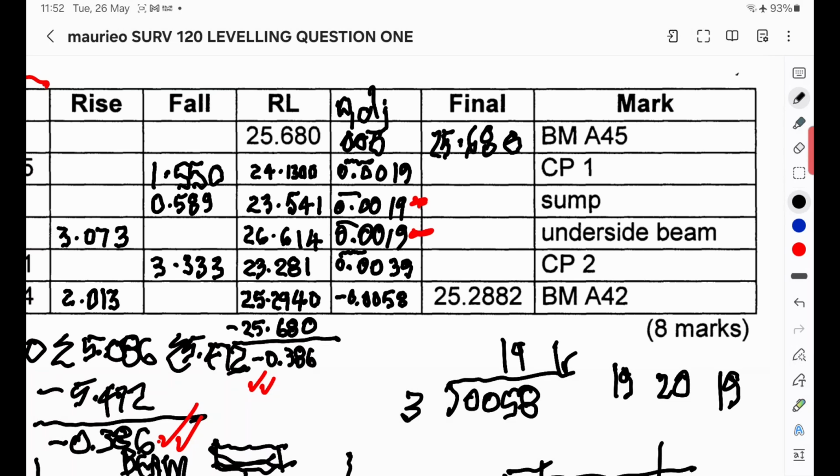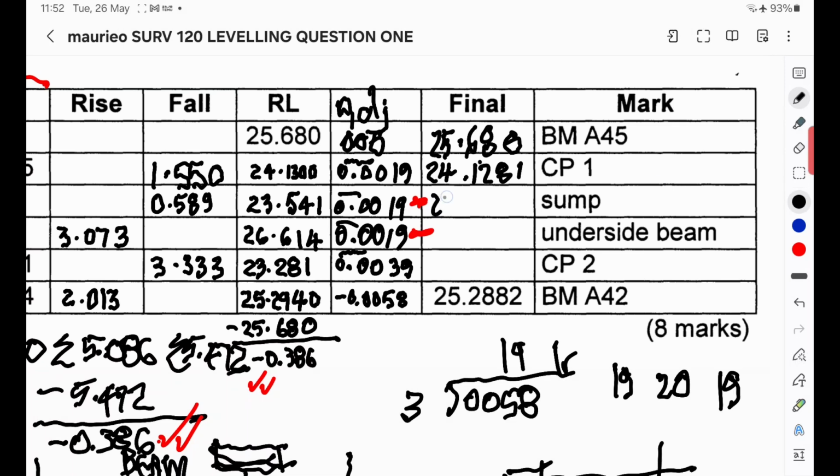So then we're going to get 24.1281. 24.1281. And then we're going to get